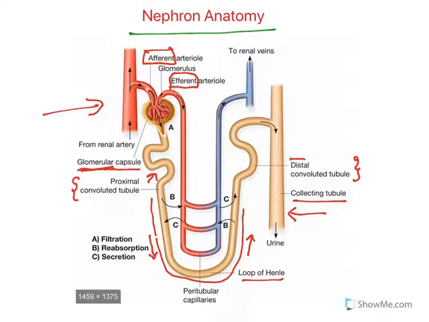But observe this. The efferent arteriole moves close to this nephron, and this part is known as the peritubular capillaries. Whatever reabsorption occurs from the tubule, it gets into these peritubular capillaries. Look at the diagram. The B indicates reabsorption, whereas what needs to be excreted out, like metabolic waste and drugs, is secreted from these blood vessels into the tubule. This is represented as C in the diagram. The other important thing, look at the diameters of these afferent and efferent arterioles.